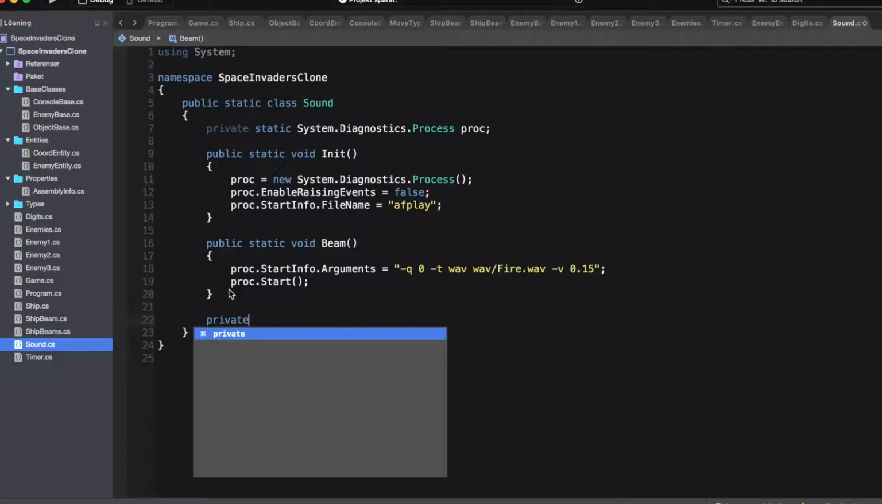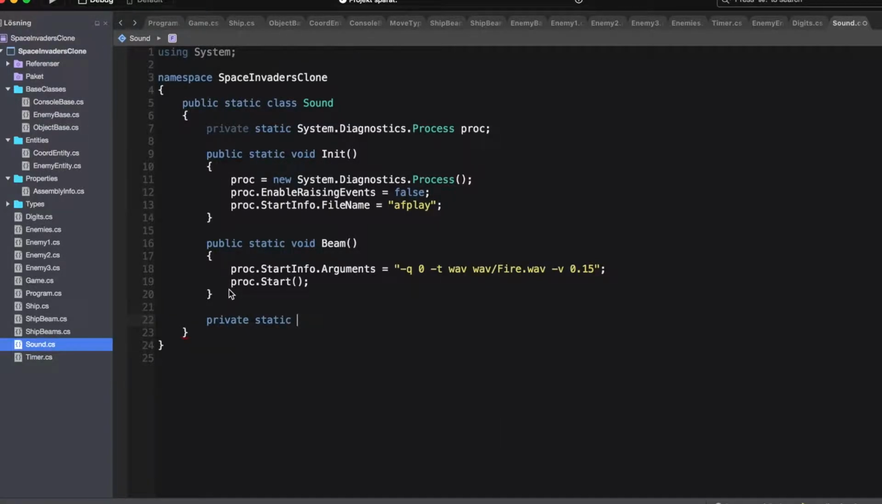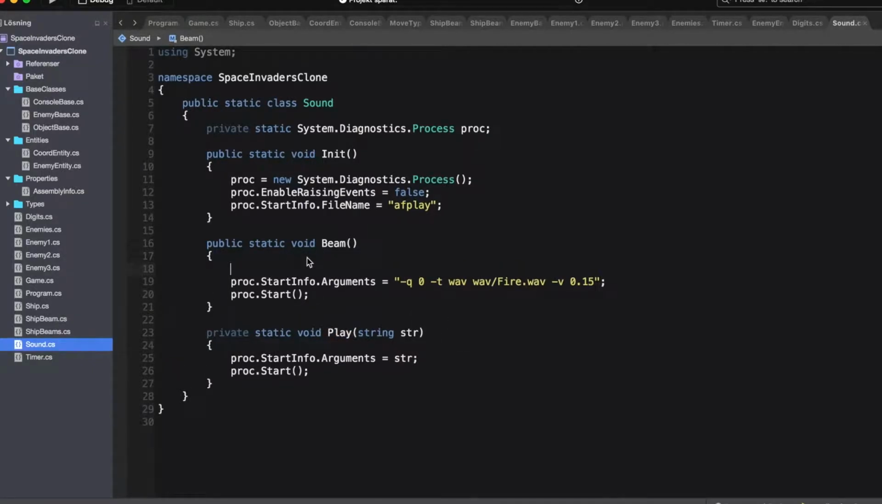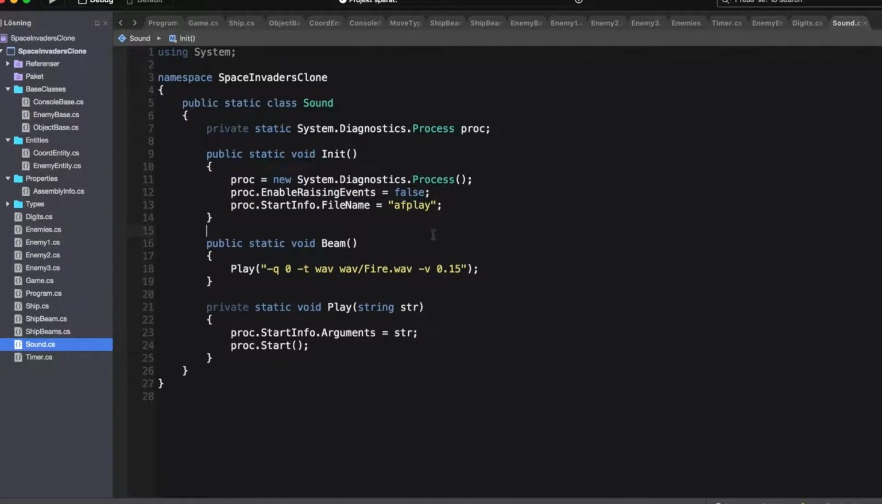So let's create a private help method, static play, since we need to do this a lot of times. String str, and we just copy these two lines. Here we go. We replace the argument to set it equals str, and we copy the play here, and then we just send the string to the play function instead, and delete the other two rows. Now,